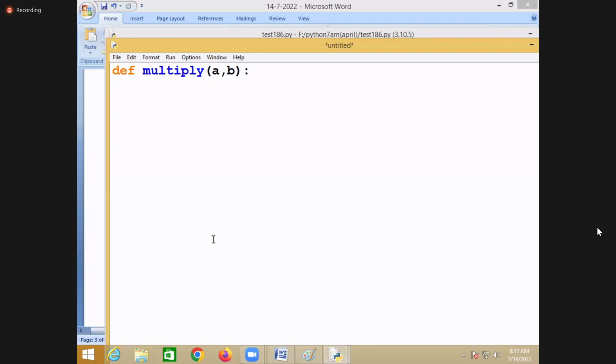The first one is received by A and the second one is received by B. So let's say we receive two values: the A value and the B value.